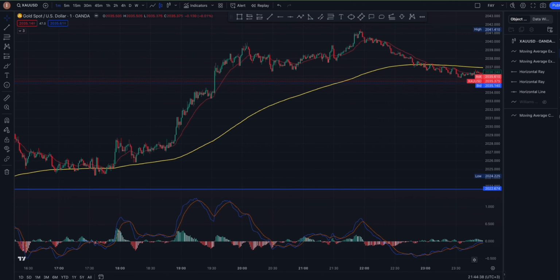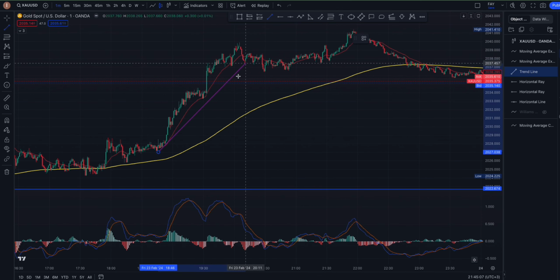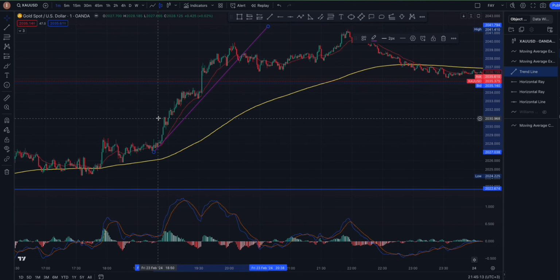So let's try to fit these lines here on this one. So here, as I said, if it's in the uptrend, you are expecting a break downward. If it's in the downward trend, you are expecting a break upward. So in the uptrend, in this case, you put your line on the higher low. Let's place this one like this. This is higher high, higher low, higher high, higher low. So on the higher lows here, that's where you put your